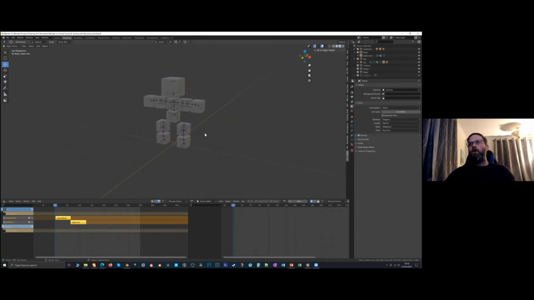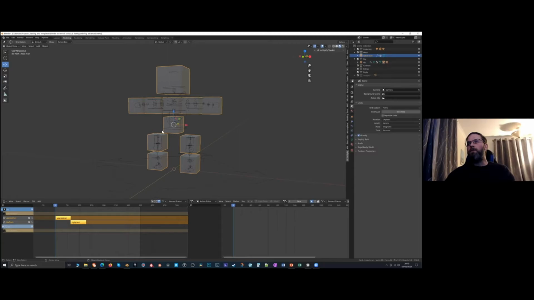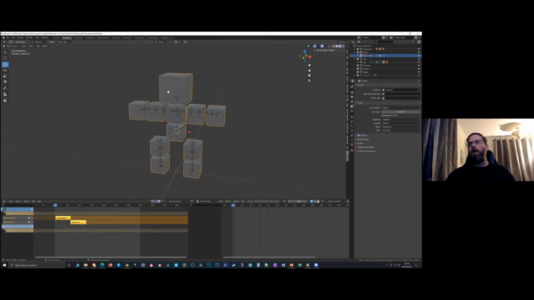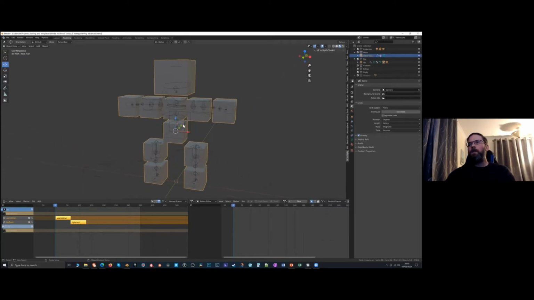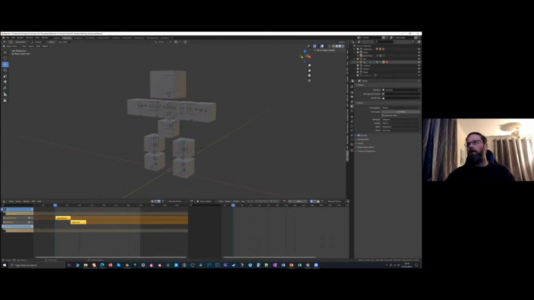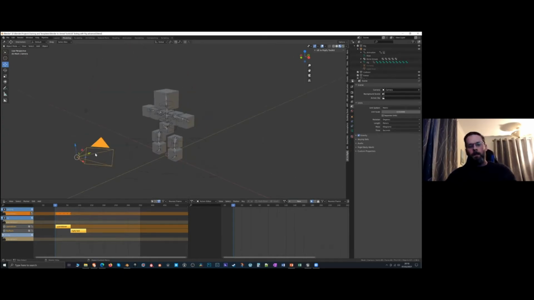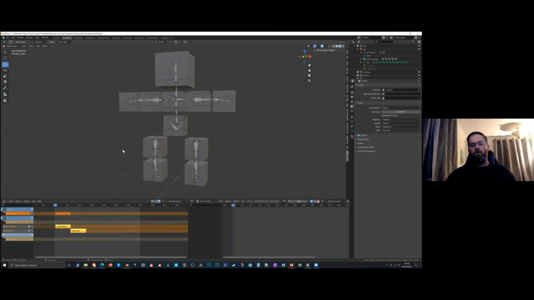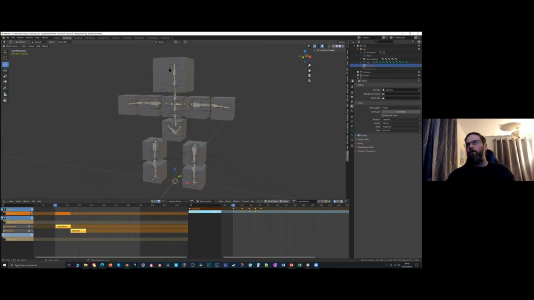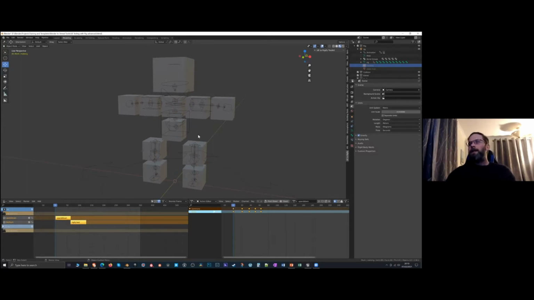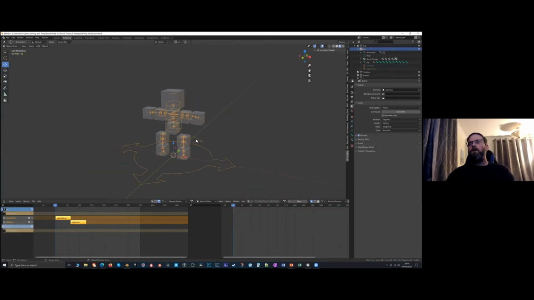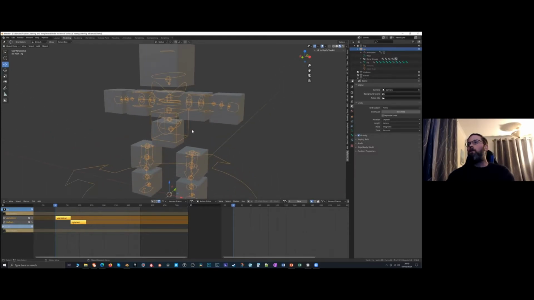So just a very quick overview here of this model I created. Very simple model. I took the basic cube, duplicated it, moved it around, and then just did an enlarged cube for this character's head. I then joined them together so they're all one mesh. I then just added a meta rig. Let me see if I can bring that into view. There it is. So yeah, it's a basic human meta rig using Rigify. Of course, you could use an advanced one with a face if you wanted to, but this is just a simple demonstration. So I set that up. I then just did the convert to rig. So I've got a default Rigify rig,